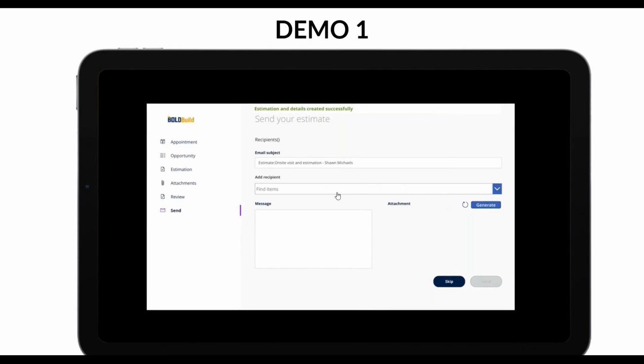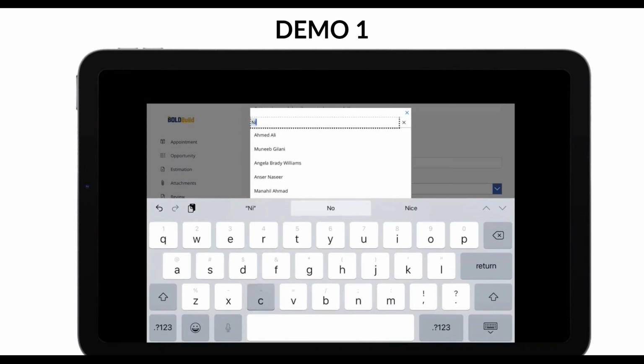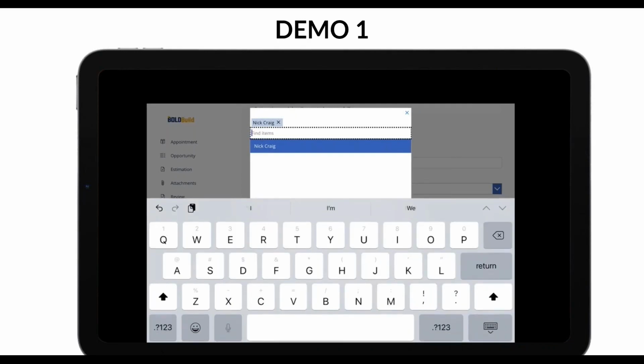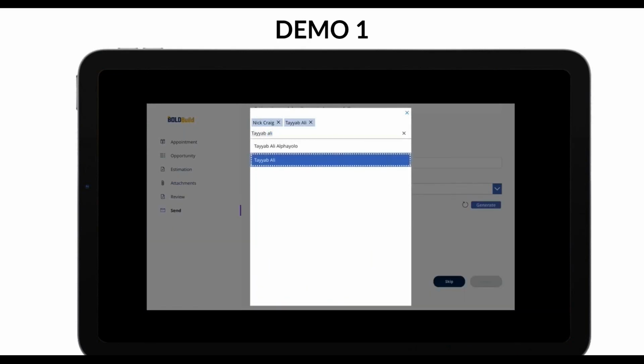So here I am. The process that we have here is that I want to send this back to Nick rather than to the customer for him to sign. You could have a process where you're sending it to the customer and the customer is signing it. It's the flow. You can configure it in BuildFitters. What I want to do is send it back to Nick, who is my primary salesperson on this. And I want him to validate my estimate and my proposal before he sends it to the customer.